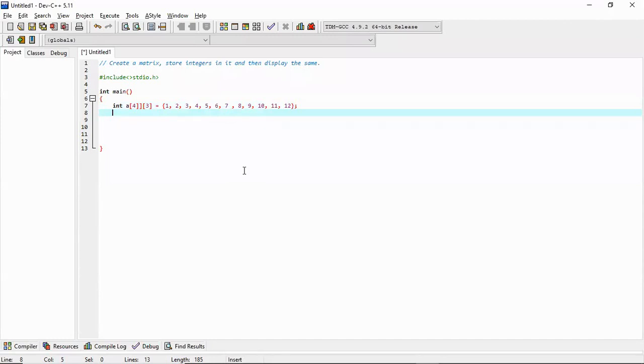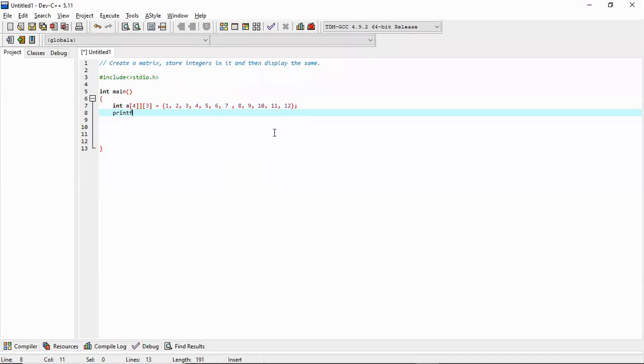Now that we have these elements, and if you don't know the elements, you can take them from the user using simple scanf. So through scanf we can take the elements from the user. So let us discuss a third way also.